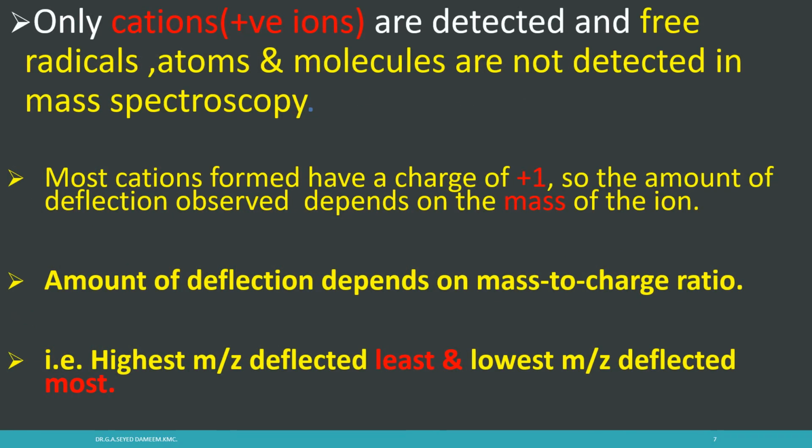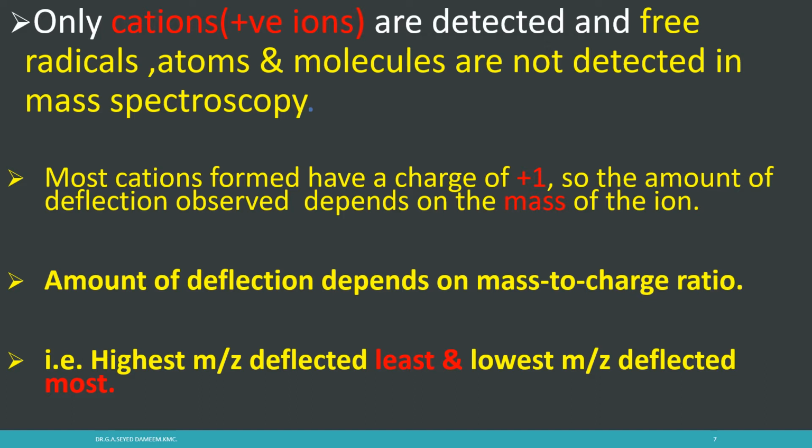In the mass spectrometer, only cations are detected. Radicals, atoms and molecules are invisible, or not detected, in the mass spectrometer. And most cations found have a charge of plus one, a positive charge. And so the amount